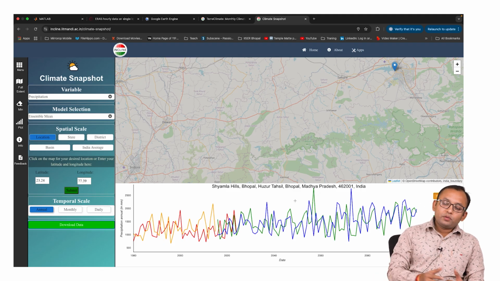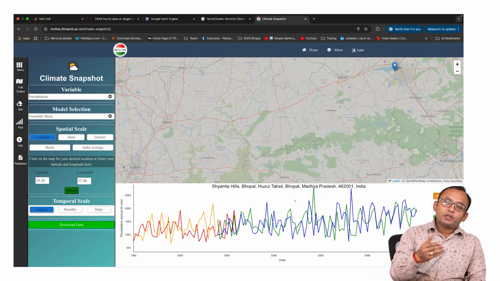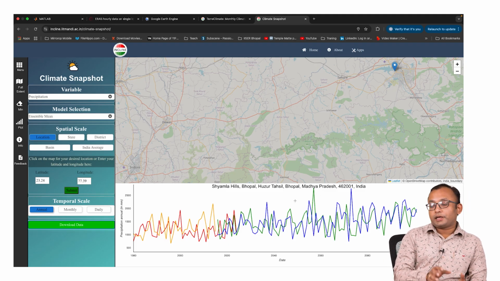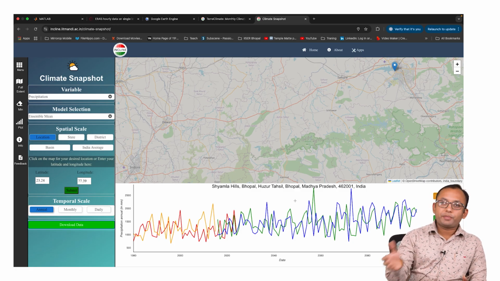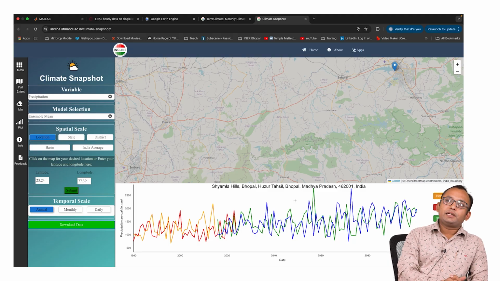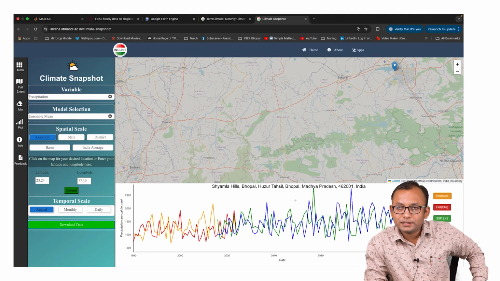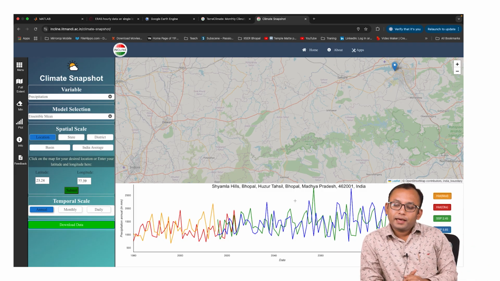Or maybe we can use future projection data of climate models, and you can use that data set for some insight about any particular region where we can analyze what the rainfall pattern is likely to change, or what the temperature pattern is likely to change in the future conditions. So, this is how you can solve this assignment number 3,